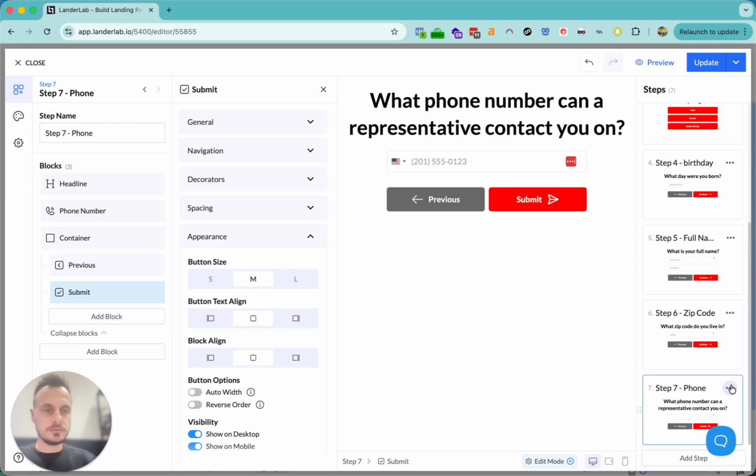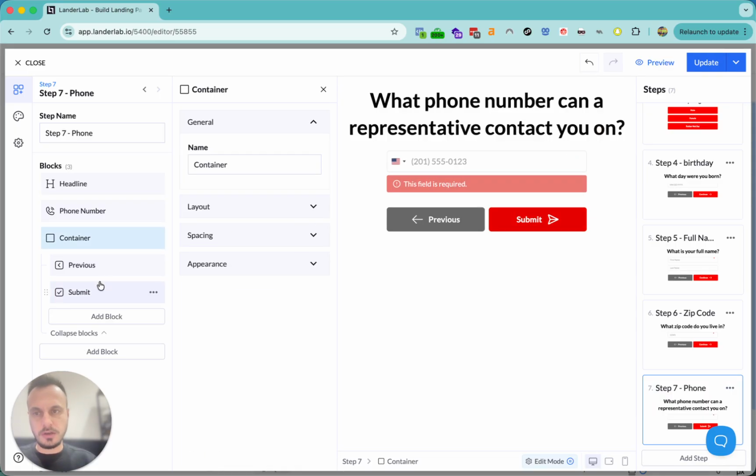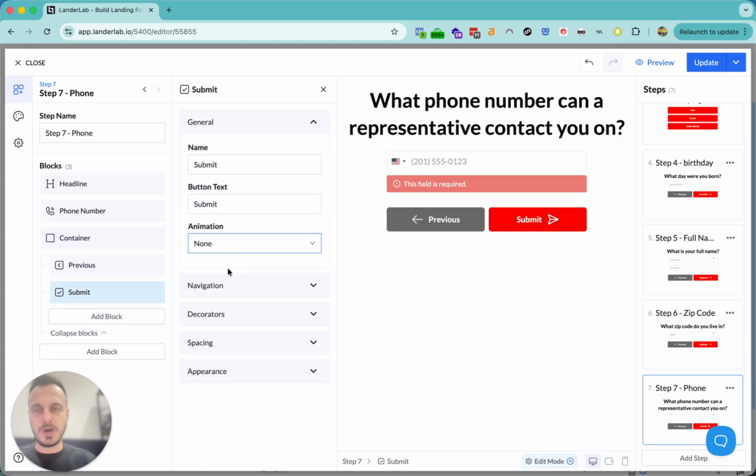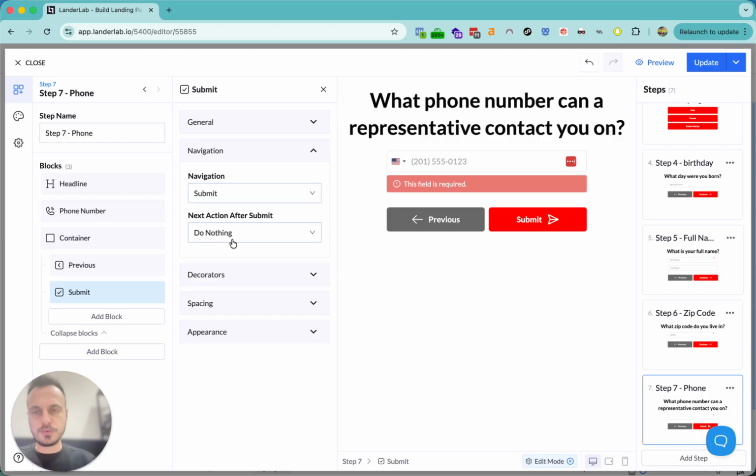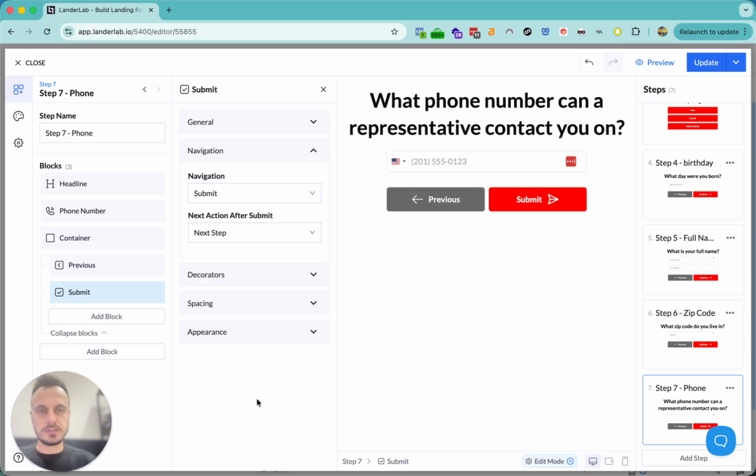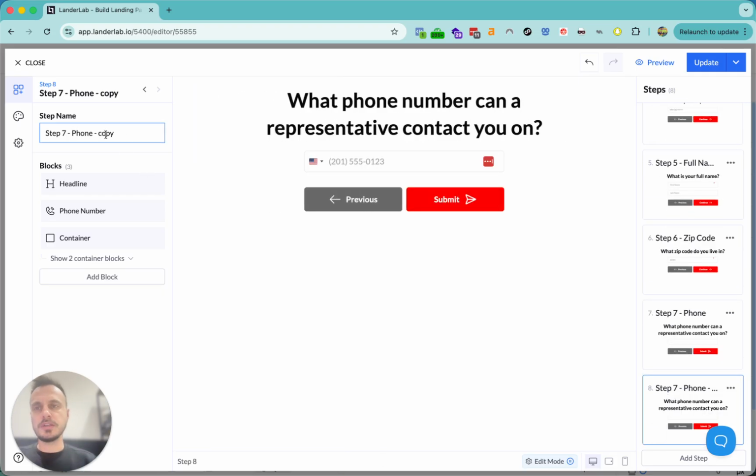So we can change the submit button navigation option to go to the next step, which will be a loader, and we can design a list loader for making it more